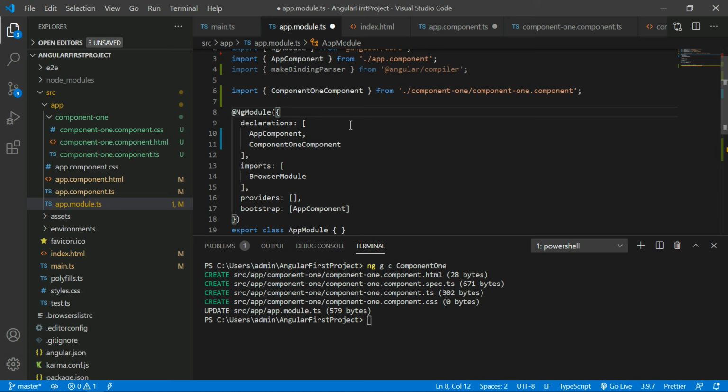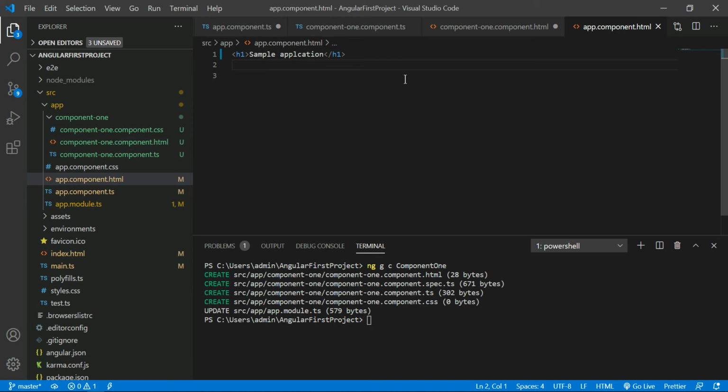The third step is where I have to initialize component1. I want to display component1 in my web application, right? The place where I want to display it is the app.component.html file.